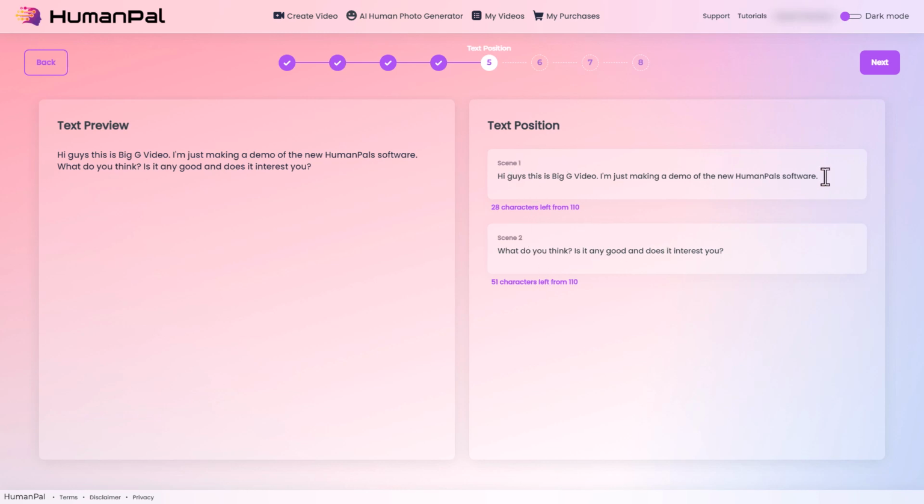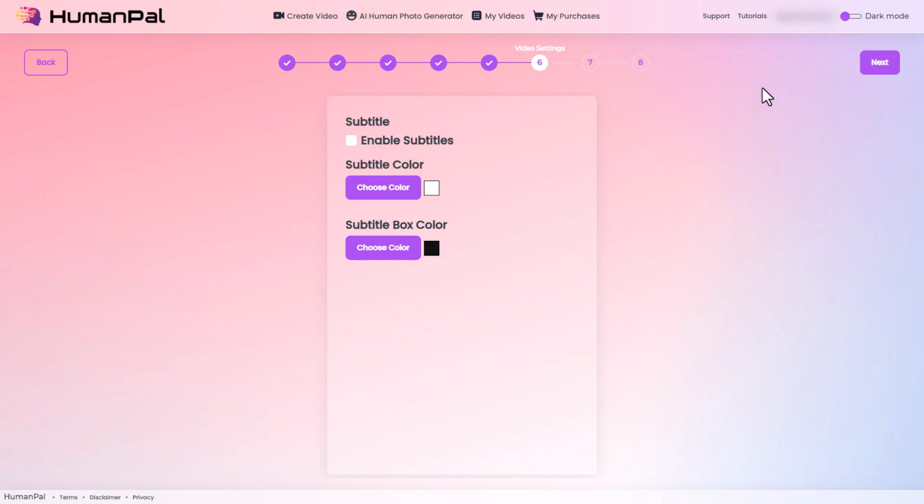If you want to change things, you can add things in, and it goes in the preview and it goes in here. And you're given how many characters you've got left and the total characters. And that's quite important because you don't want to put so much text on your video or your slide that it can't be read. So as you're going to see on this screen, we can enable subtitles.